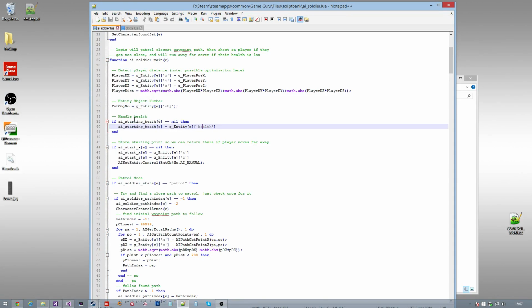And then we're checking if health equals nil, because obviously once we're in soldier main, that means it's actually running